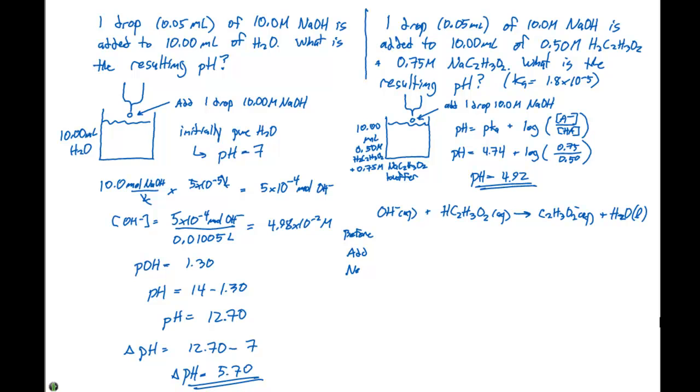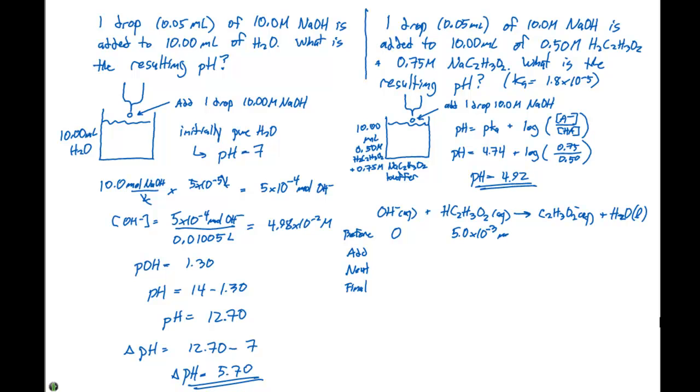We're going to have a neutralization reaction taking place, and then we're going to have our final concentration, or the concentration after the neutralization happens. So before we start this, we're going to have 0 moles of OH minus. The acetic acid that we have is 0.5 molar. We have 10 milliliters, so if you take 0.5 times 0.010, we're going to get 5.0 times 10 to the